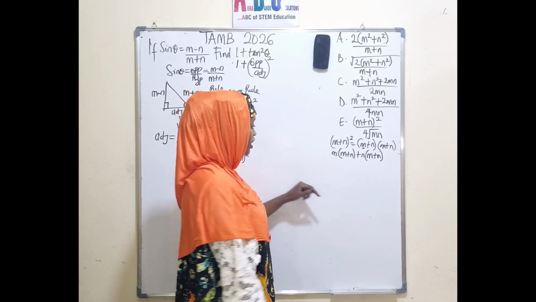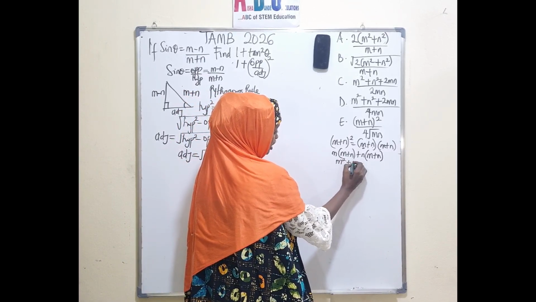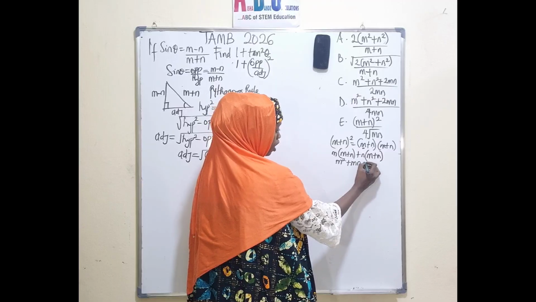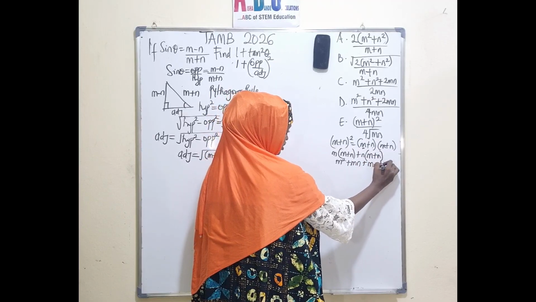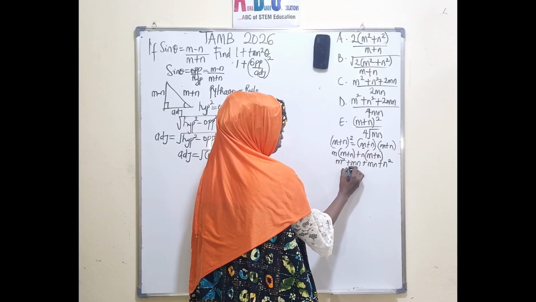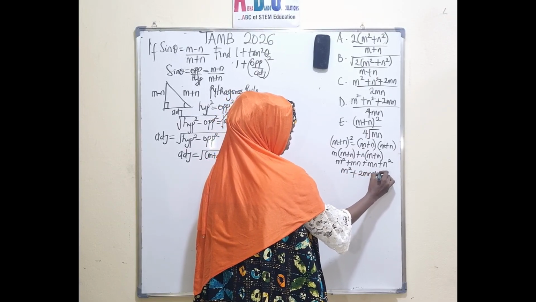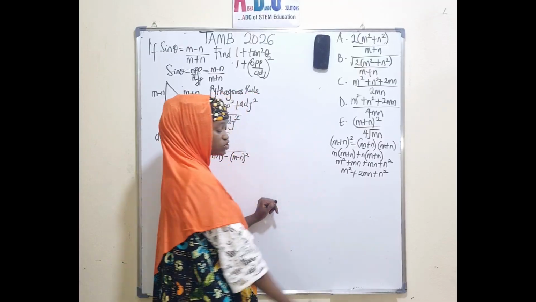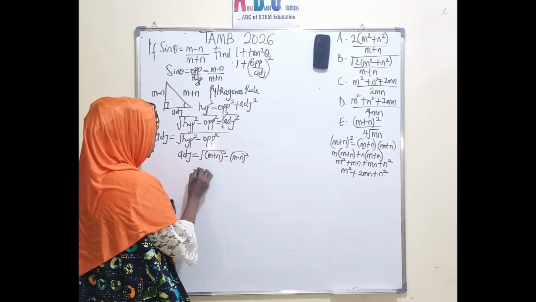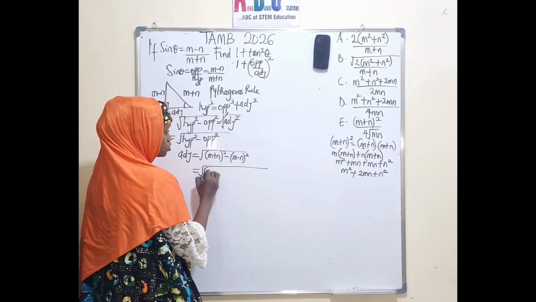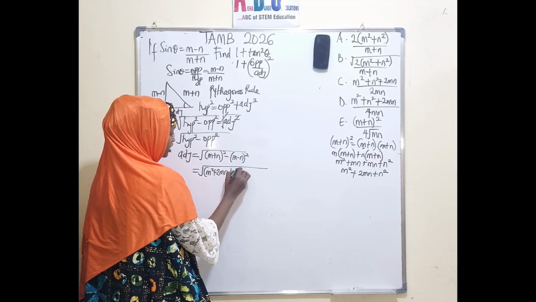So in this case, we open up the bracket. m times m gives us m squared, plus m times n gives us mn, plus n times m gives us mn, plus n times n gives us n squared. Now we have m squared plus mn plus mn gives us 2mn, plus n squared. So this is simplified to the lowest term. Now we come back here and substitute that value. So this is equal to the square root of m squared plus 2mn plus n squared